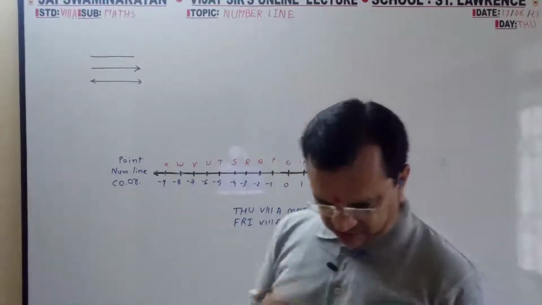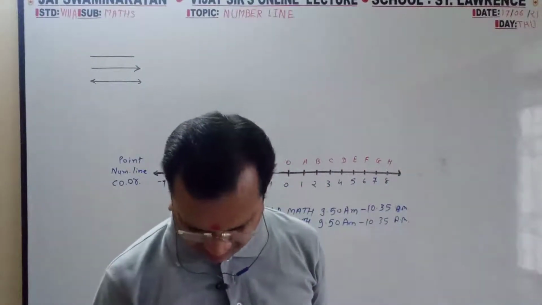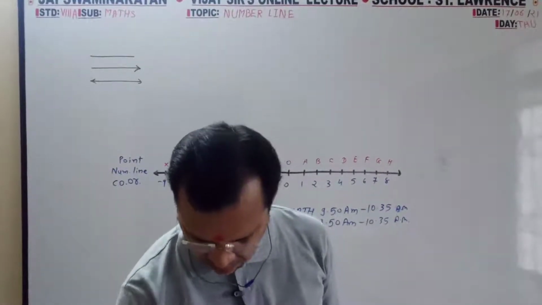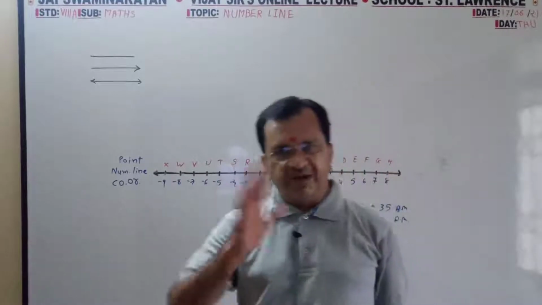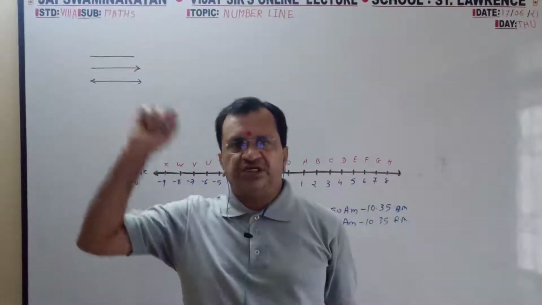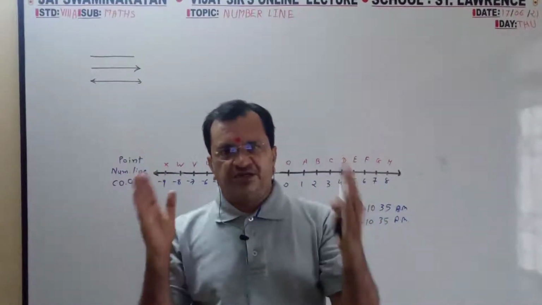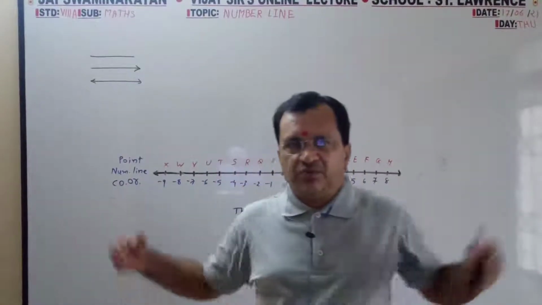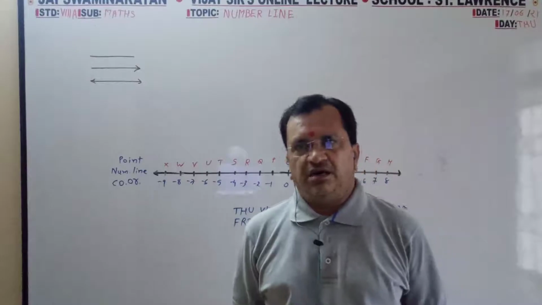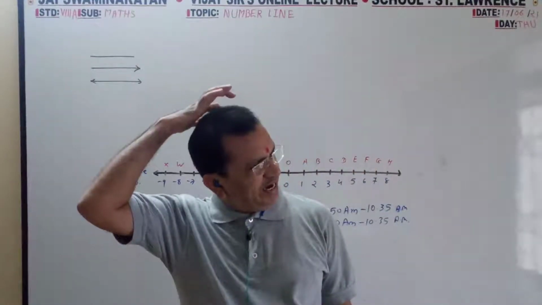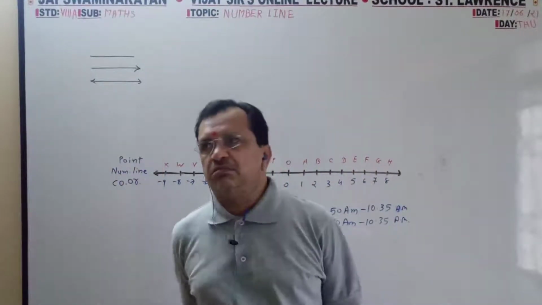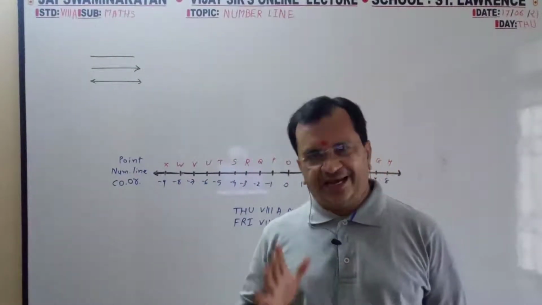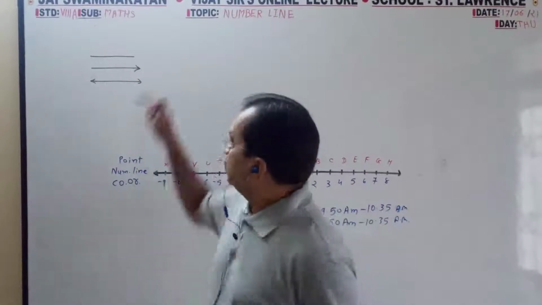No one is going to ask you the definition, but you should know the base. First is the segment, both sides limited. Then the ray, one side limited, one side unlimited. Then the line, both sides unlimited. And on a line, when we show some numbers, it is a number line.